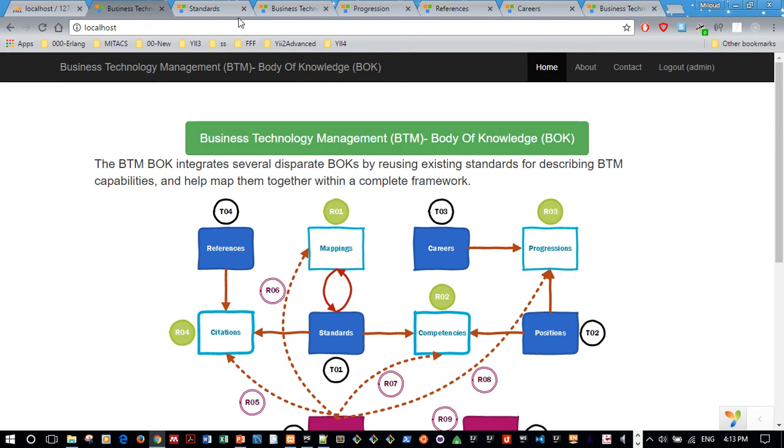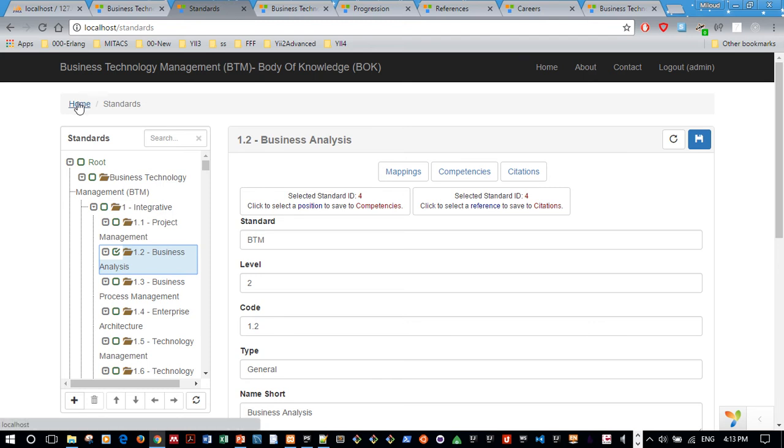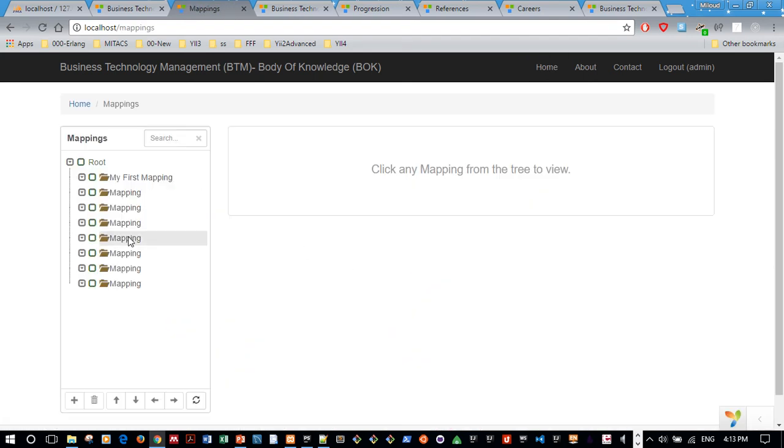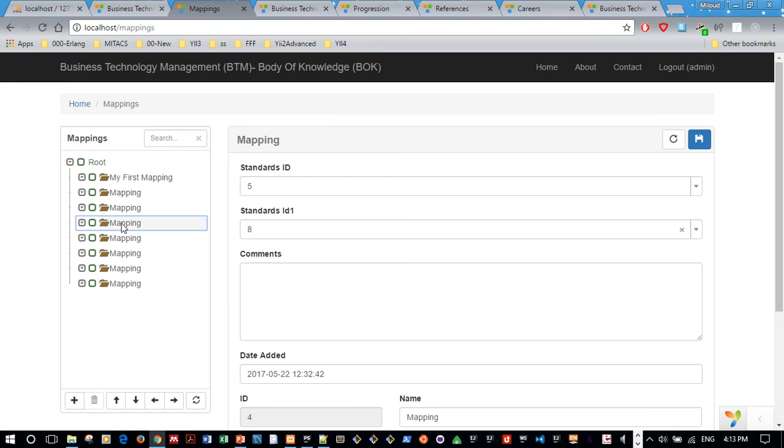Another major problem is that whenever I go, for example, to mappings and I select any mapping I saved previously, I need to add more helpful information here, such as the standard name and any other information from the standards table in the database. So these are the two major things: improving and adding more features to user registration, and also adding more useful information in tables such as mappings or